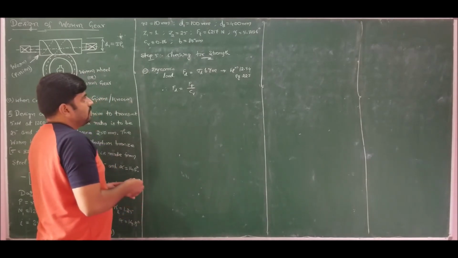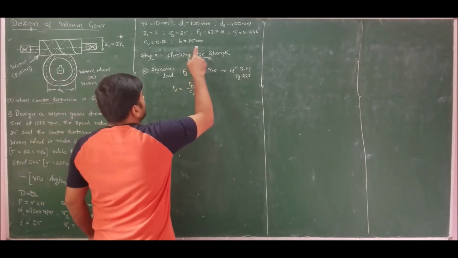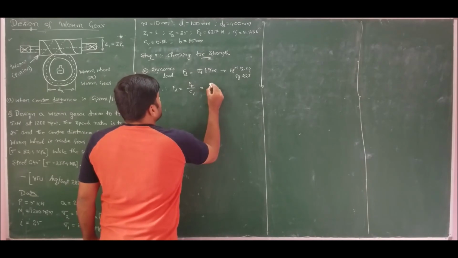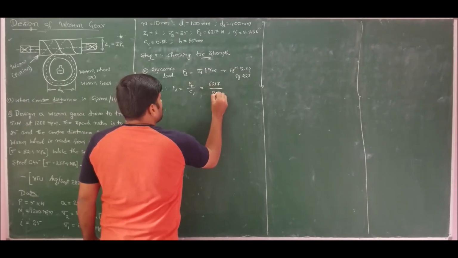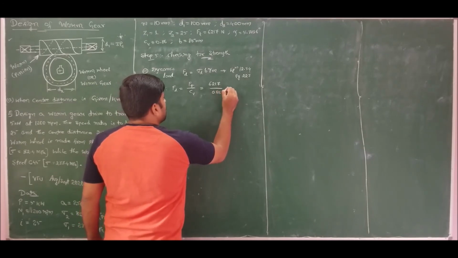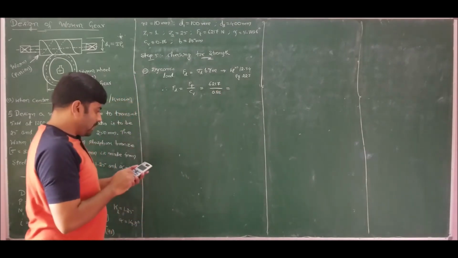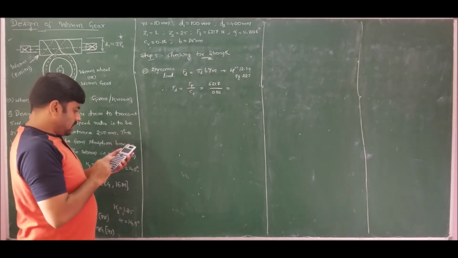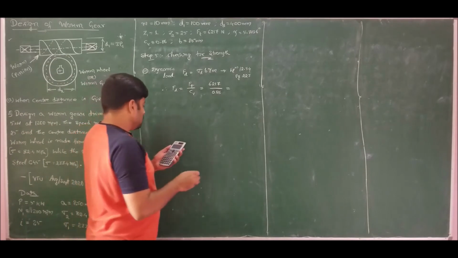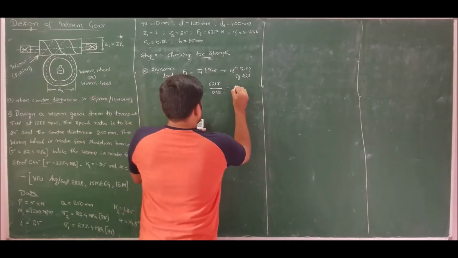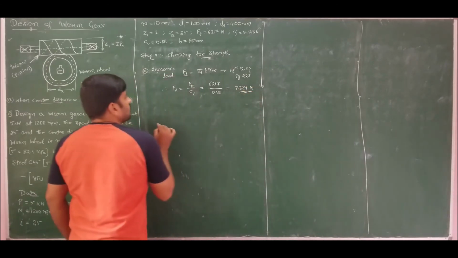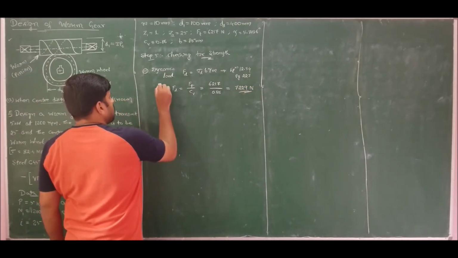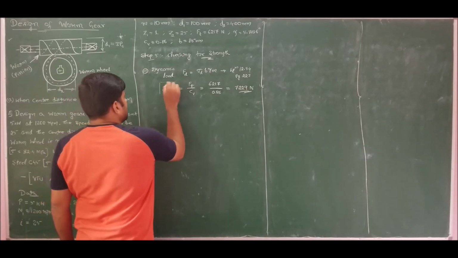So therefore, I should always use this with Ft value from the torque equation, 6217, by Cv, which is 0.86, which we have calculated in our step 2. So using which I will get the answer as dynamic load turning out to be 7229 newtons. Always you should calculate in this form only. Kindly make a note.